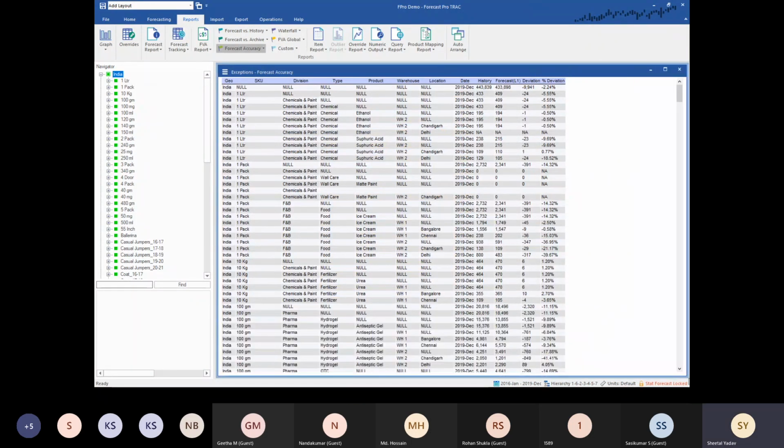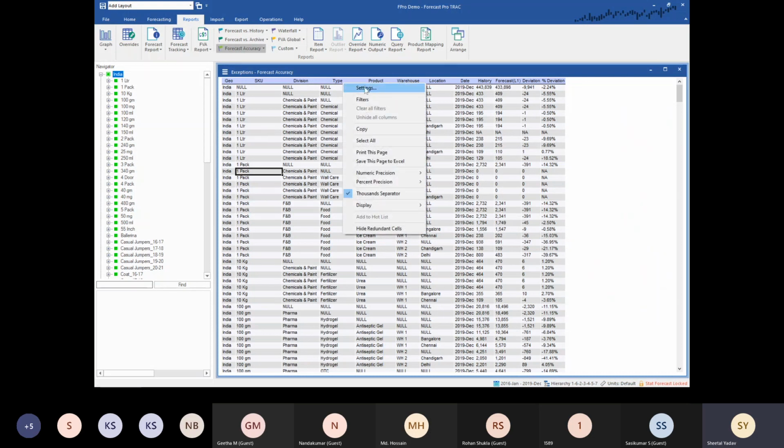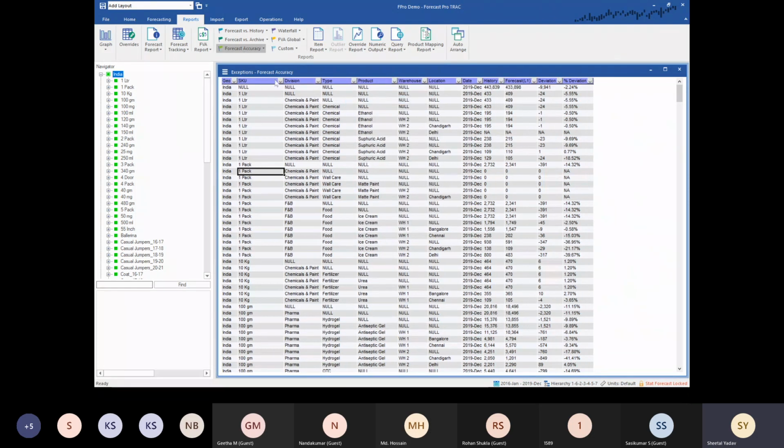In this case, I've changed the hierarchy in Forecast Pro. So I've brought in all the SKUs at the top level first. And honestly, in some companies, they look at country SKU level numbers. So you can create your hierarchy the way you would want the data to be. It just saves time for you to look at and download the report and do other analysis on top of it. Over here, we can activate the filter, and supposing you want to look at your SKU level numbers only,